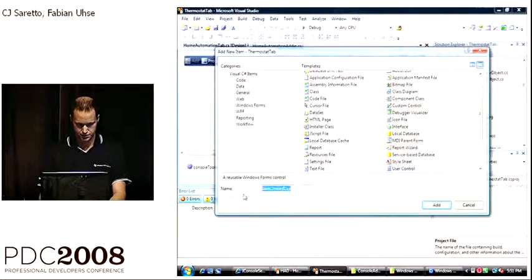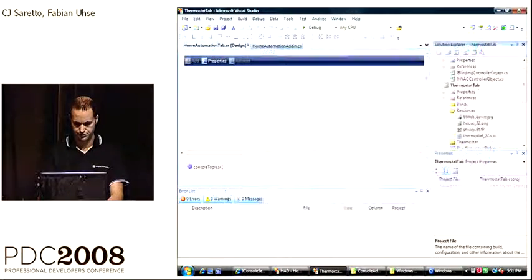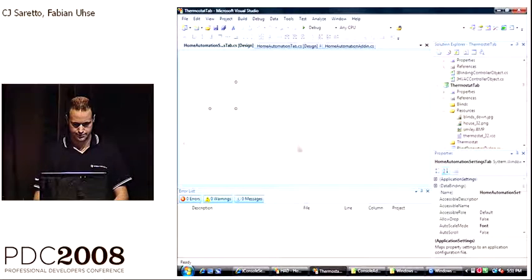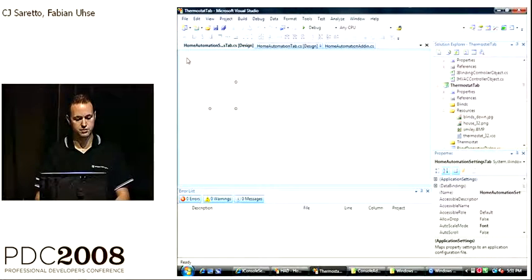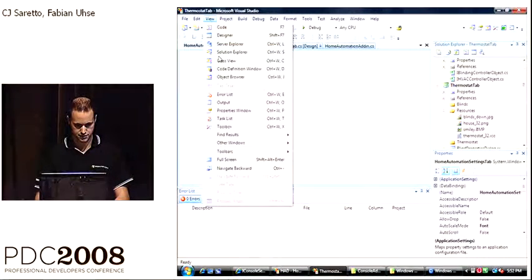Windows Forms user control, and we'll call this Home Automation Settings tab. You can see that I have a very standard Windows Forms control here. I'm going to add to it from the toolbox, which I've managed to lose.